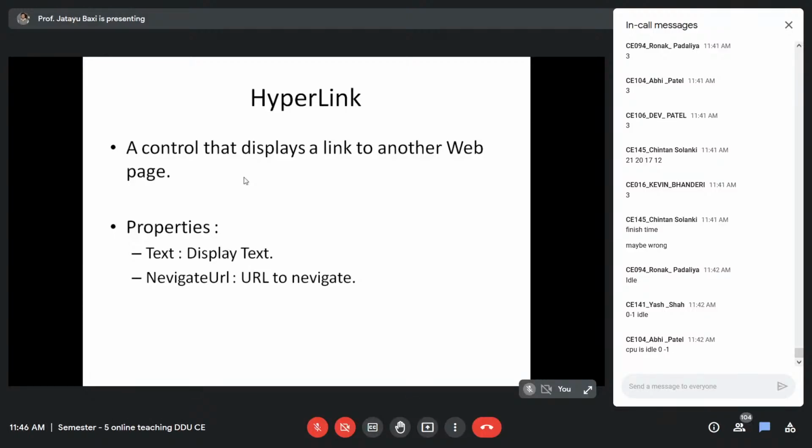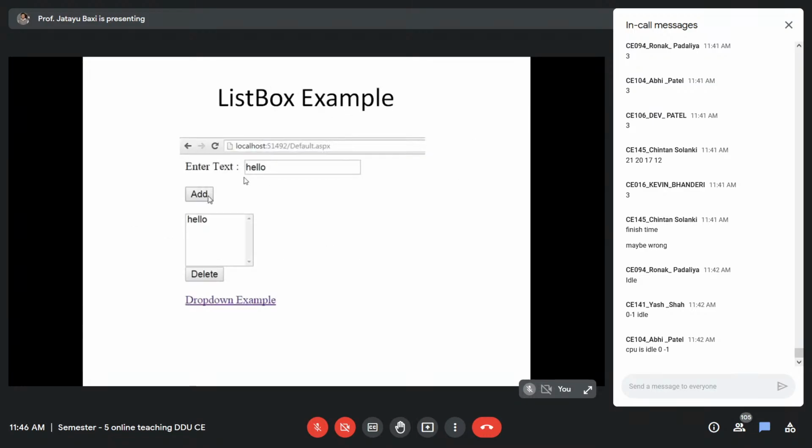Basic web controls such as text box, button, label, drop-down list, radio button list, checkbox list, image, hyperlink, all the web server controls we have seen. And one control was remaining, that is list box. So this is the example of list box. You can see that a list box behaves like a normal drop-down list or checkbox list, but its layout is different. All the items which have been added in the list are visible in the box. So that is why the name of the control is list box.